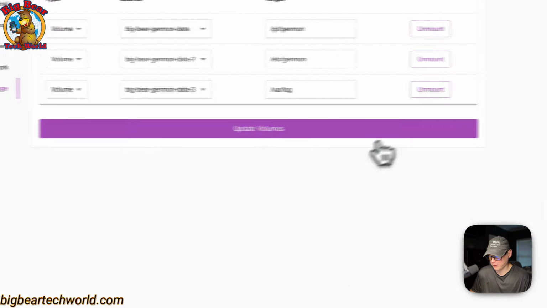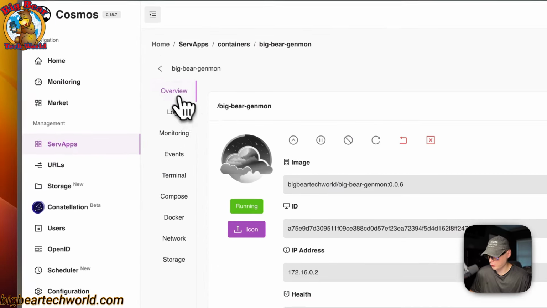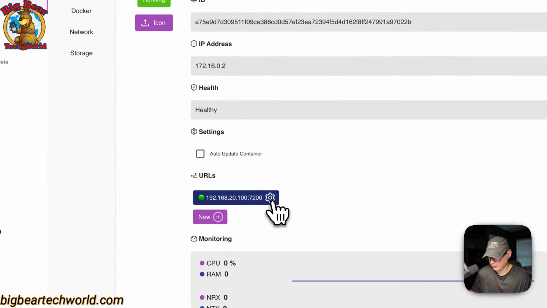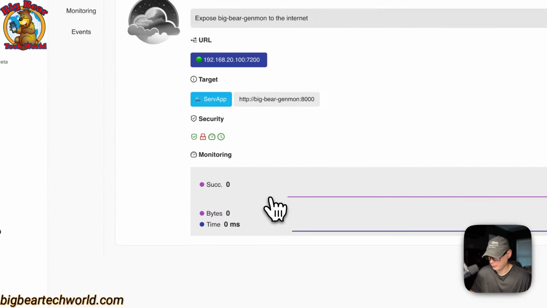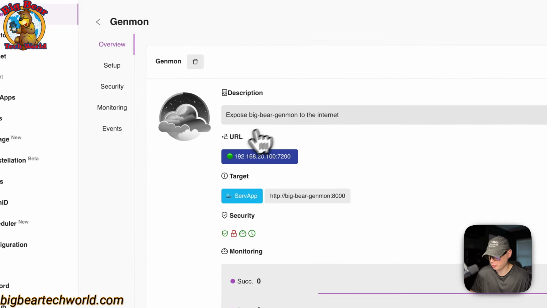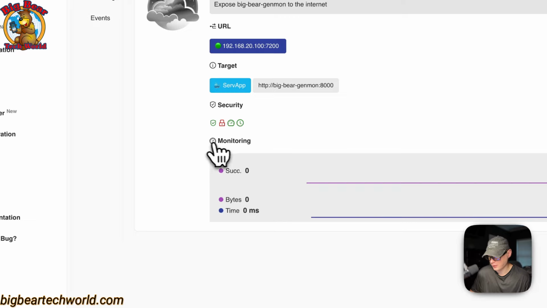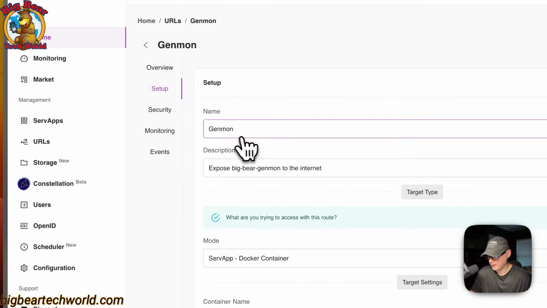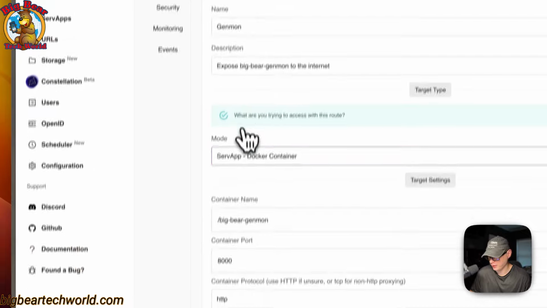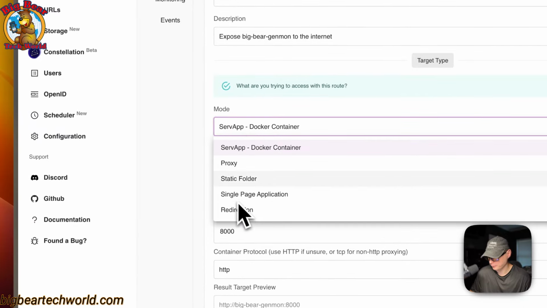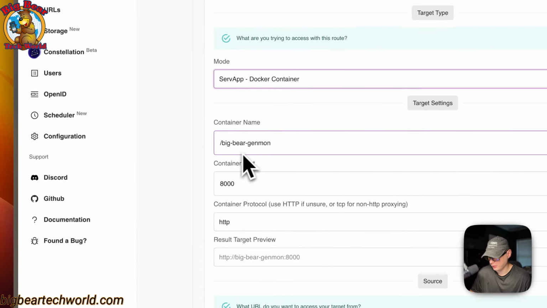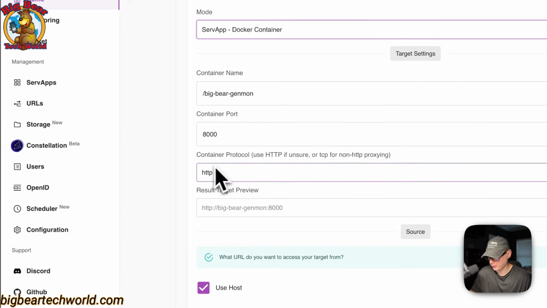And then you can unmount it like that. So if we go over here to URL, and then a description, the URL, the target, and then security, the monitoring down here for the URL, and setup. So in the name, description, the modes, and then container name, the container port, and the container protocol, the result